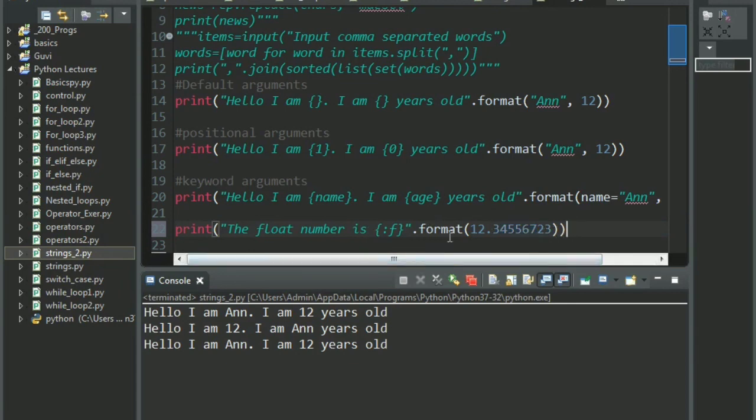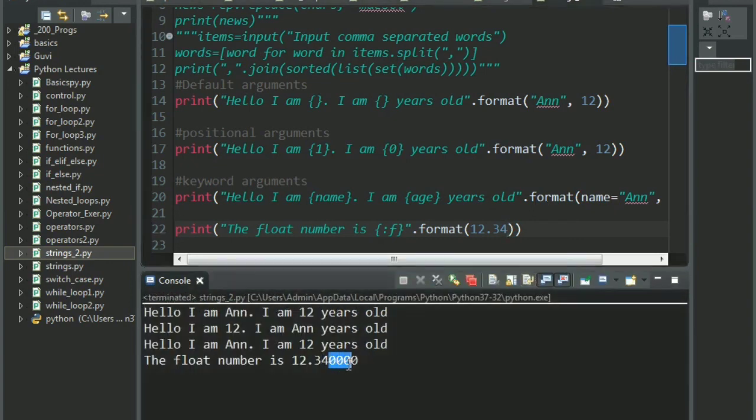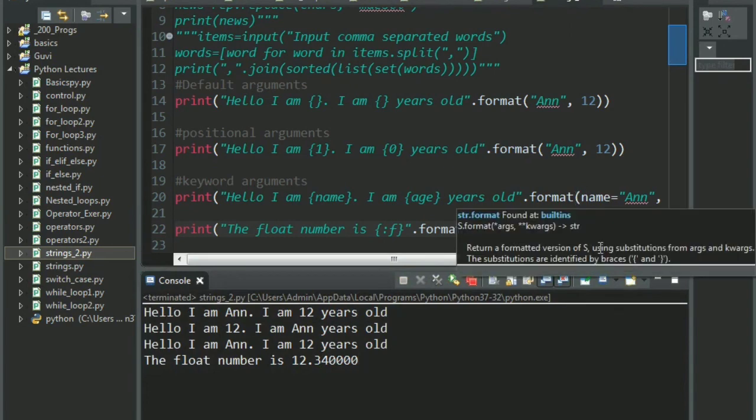This is how you can format digits. So you have the float number is 12.345567. And what if I give a very small number, only 2? What do you think happens then? It replaces the empty spaces with zeros. So by default it will always give you 6 digits after the decimal point.